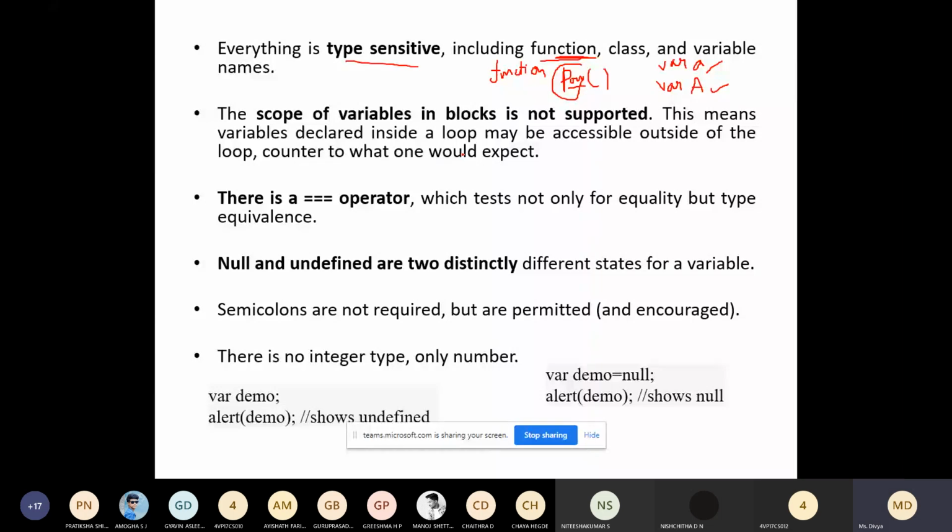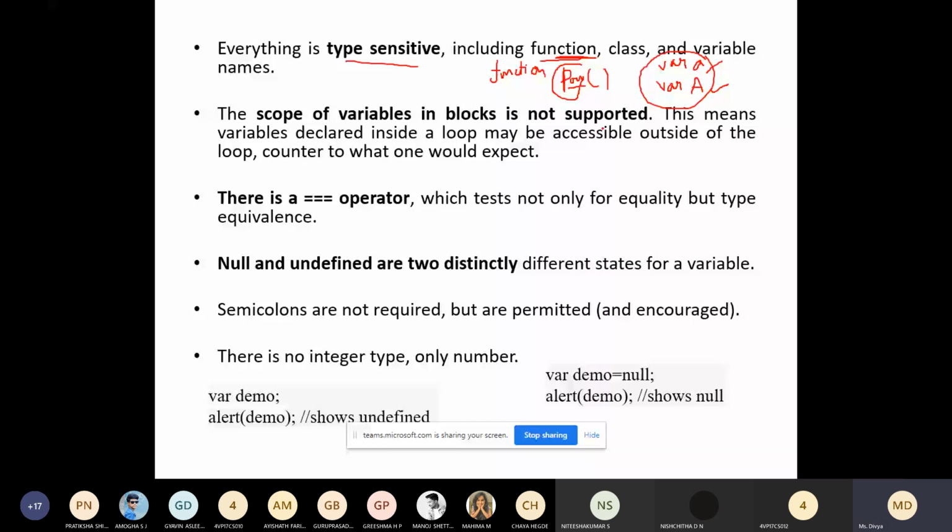What about local variable, global variable scope? You have to take care of that. If you declare a variable inside a loop, these two can be accessed outside the loop as well.